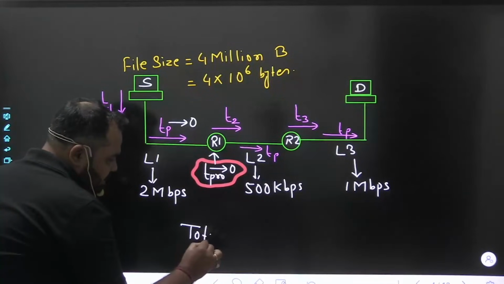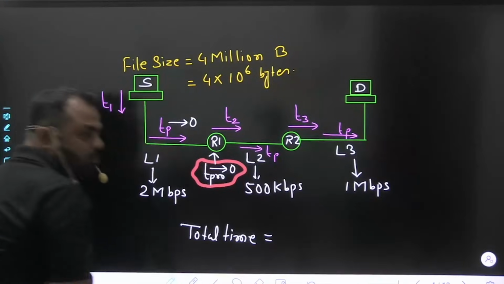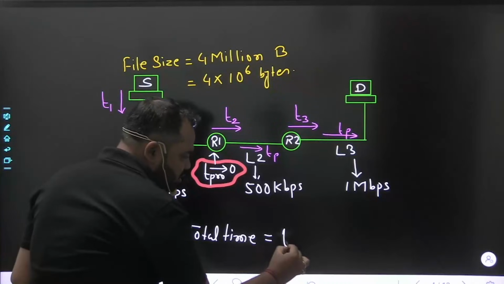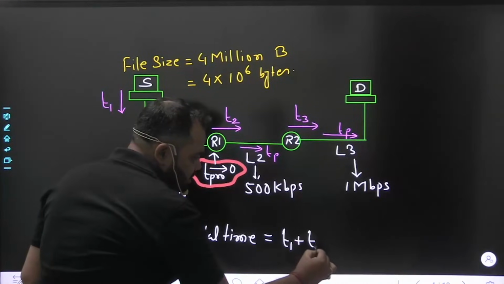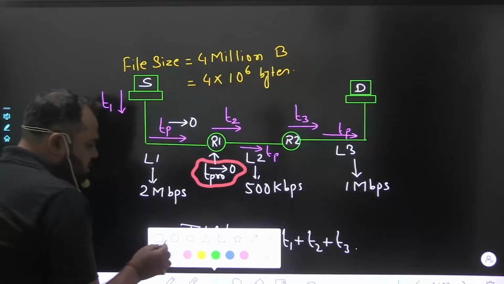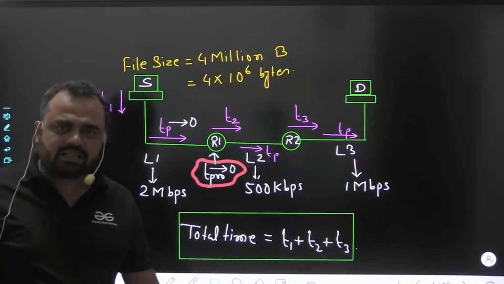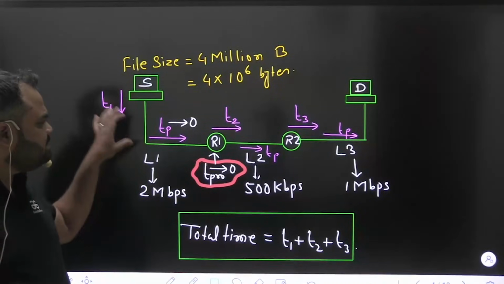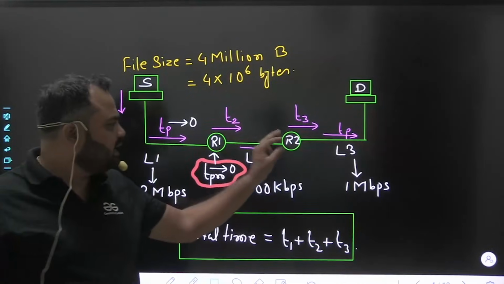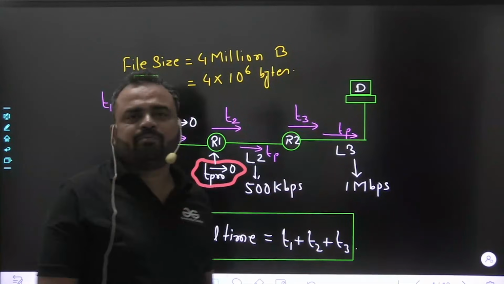तो ऑब्वियस सी बात है, अगर हम टोटल टाइम की बात करें, तो यहां पर टोटल टाइम आएगा ट्रांसमिशन टाइम, दैट इज द t1 प्लस t2 एंड प्लस t3। इसमें कोई कॉम्प्रोमाइज नहीं होने वाला है, क्योंकि ये बहुत ही स्ट्रेट फॉरवर्ड चीजें हैं और इस पे हम लोग कोई चेंजेस नहीं कर सकते हैं। ऑब्वियसली सोर्स नोड भी ट्रांसमिट करेगा, राउटर R1 भी ट्रांसमिट करेगा, राउटर R2 भी ट्रांसमिट करेंगे, एंड देन द पैकेट विल रीच टू द डेस्टिनेशन होस्ट।